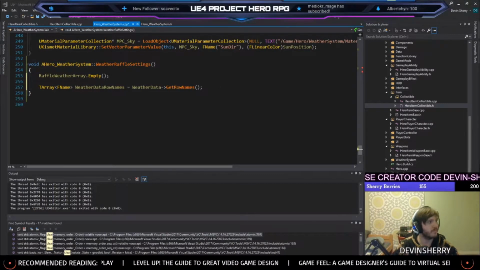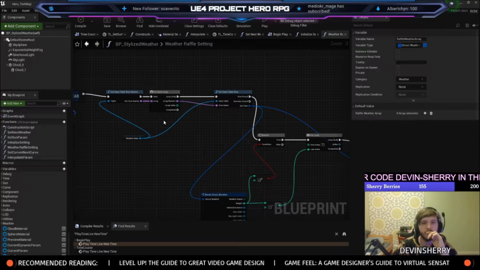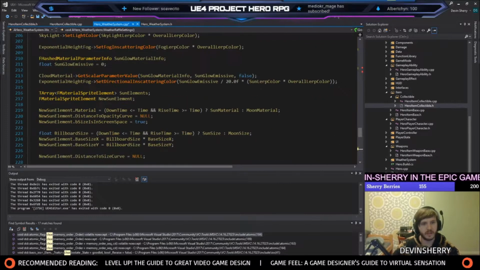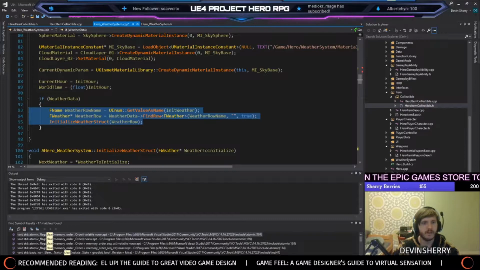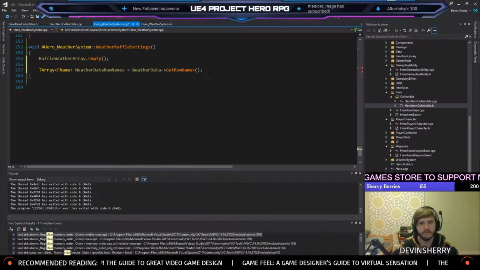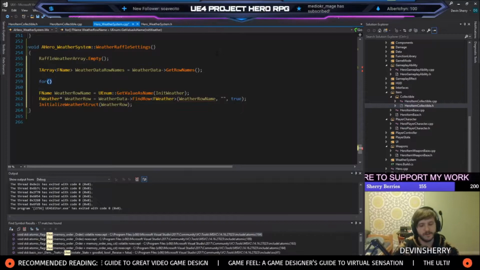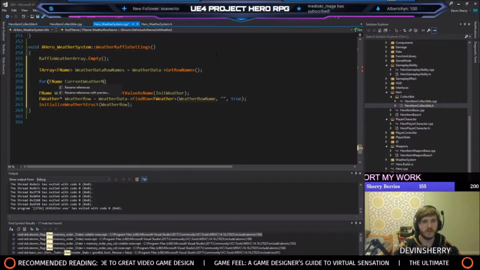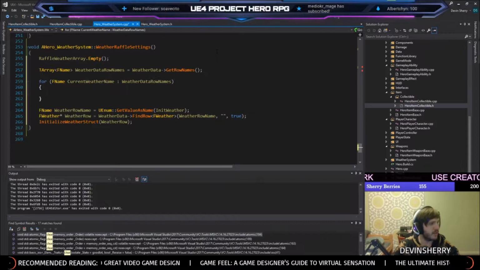Now we gotta loop through these. So we gotta do a nested for loop. So the first part of the for loop is getting the name and getting the data table row. And that's something that we're doing up there, I remember now. So something like this. So let me just copy paste so we have it as a reference. So we gotta do something like for, and then what is it? F name, current weather name from weather data names. And then we gotta just say